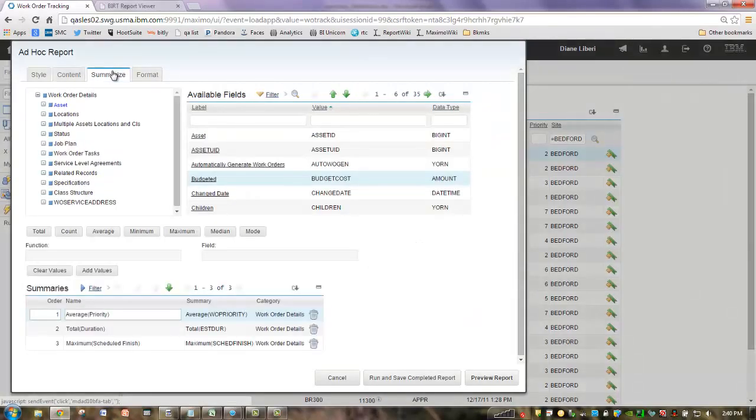Now go back to Summary. Now when I want to add budgeted costs, no problem. No problem at all to add that because I have, again, already added an attribute from the Content tab for that child object. So again, to add a summary on a child object, you must first have added an attribute